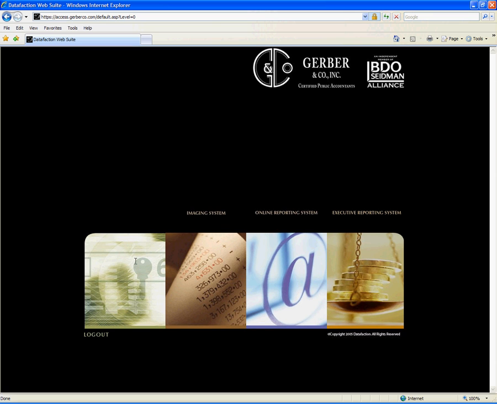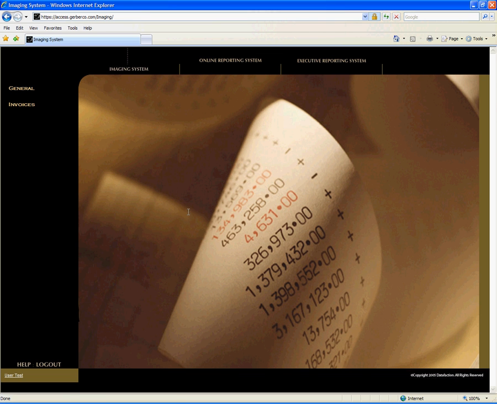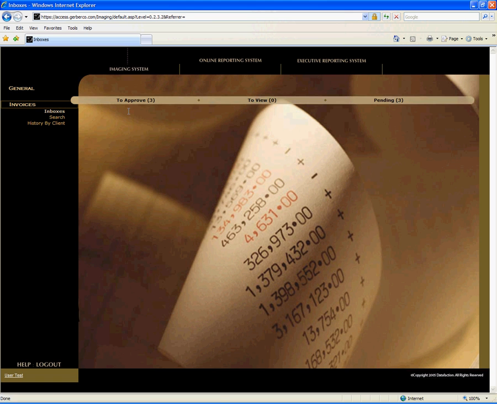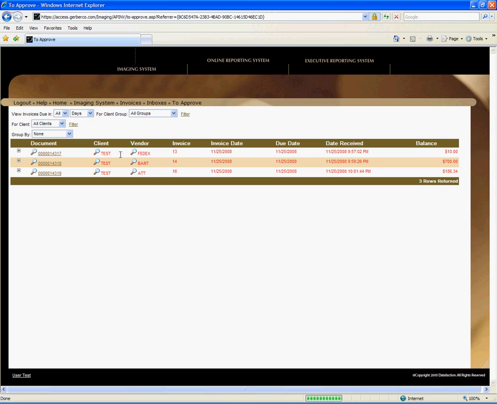Now, to approve transactions, we'll click the imaging system. Under the imaging system, you'll click Invoices, and then Inboxes. Here you'll see that there are 3 transactions which require your approval. The 3 indicated between the 2 parentheses shows how many transactions require approval. Once you click that, you'll see the transactions listed one at a time, and you begin by clicking the first one in the list,